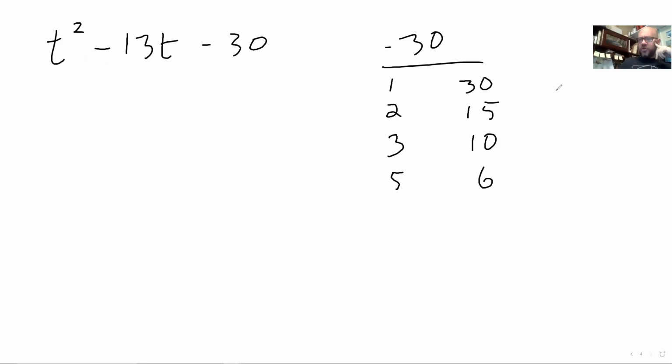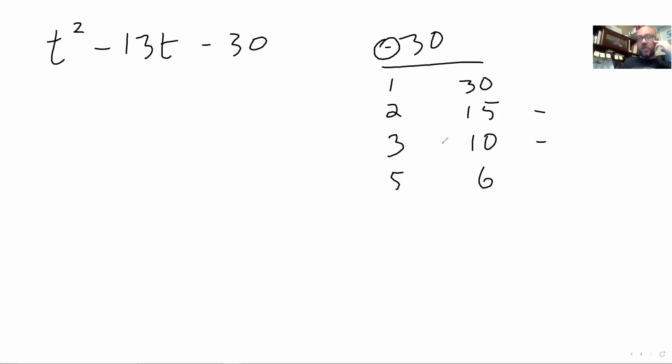So I've got 2 ways to make 13 here. Now, only one of them will work. And the way to figure it out is to look at this sign right here. That sign is telling me I need one thing to be negative and the other one to be positive, so I'm subtracting. Right? So I can't do 10 plus 3 because that would imply that both the signs were the